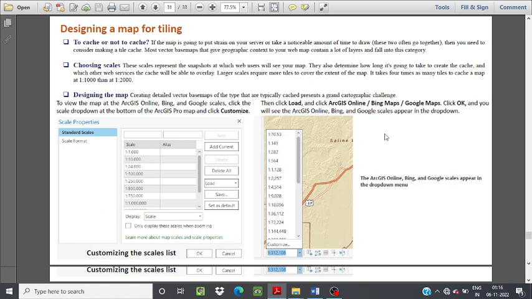How to design a map for tiling? There are two: cache or not to cache. Choosing scales. These scales represent the snapshots at which web users will see your map. They also tell how long it is going to take to create the cache and which other services